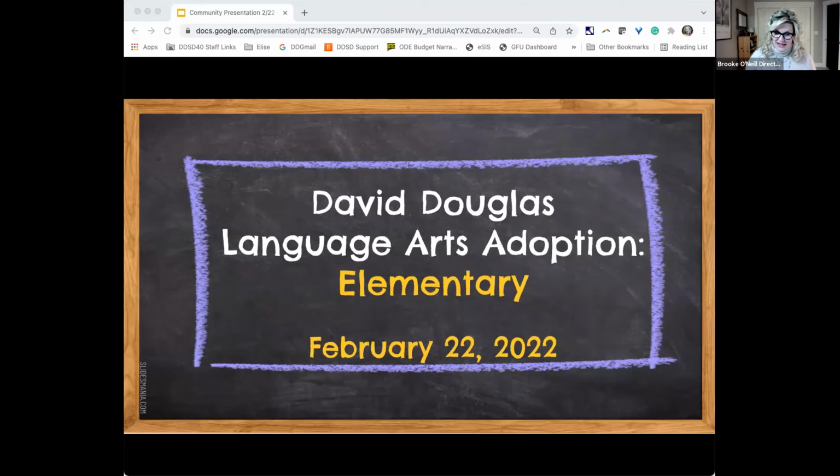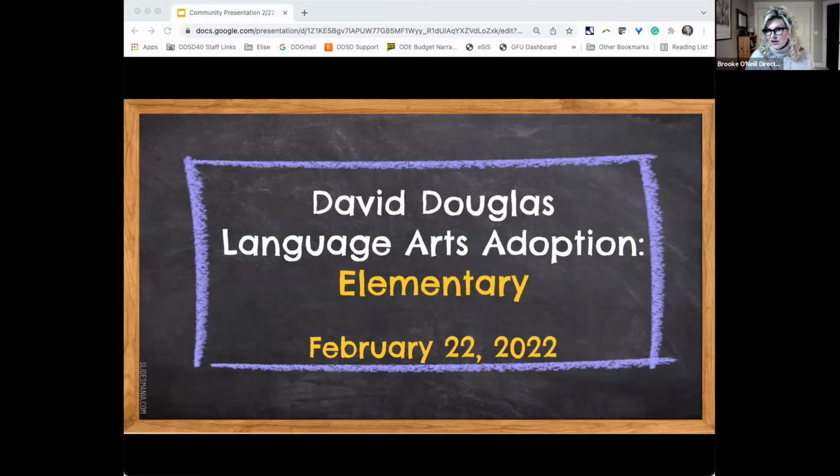So before we get started, I just want to say that the decision that we're going to make with language arts materials is going to last us for the next 7 years. And David Douglas is very lucky that we follow the state adoption cycle. So every 7 years, a new content area comes up for adoption. And at the state level, that means they look at the standards, what students should know and be able to do.